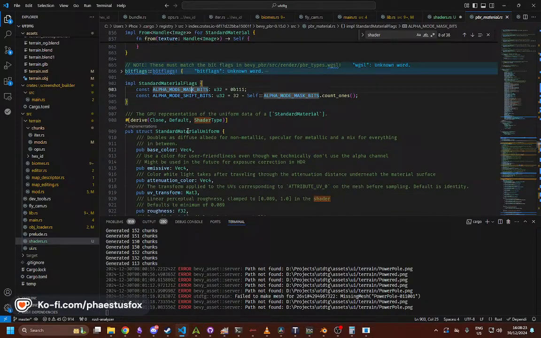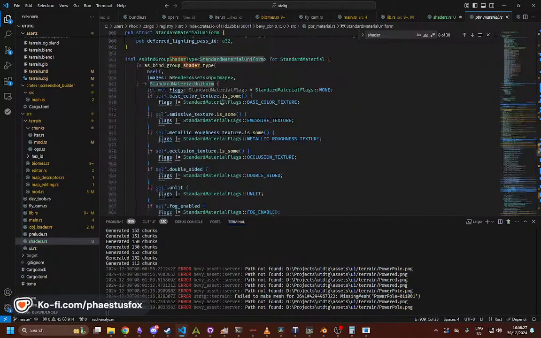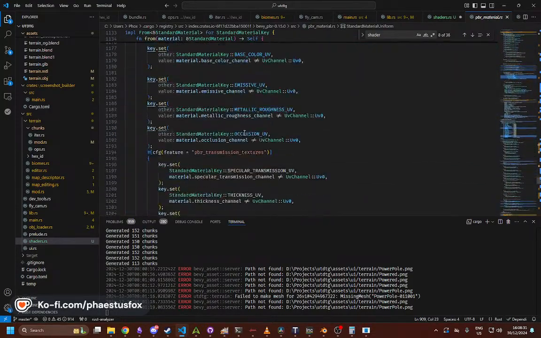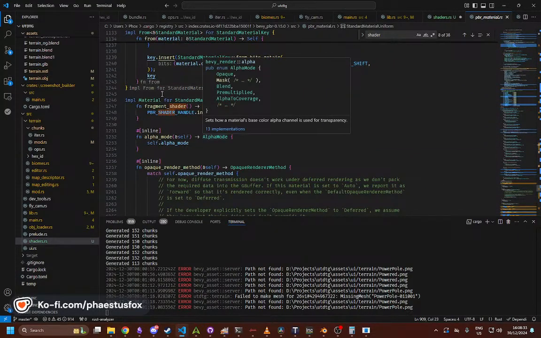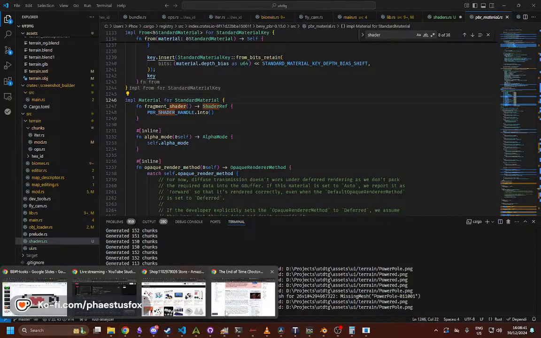I don't know how to tie into the pipeline. And this is where it gets really confusing. Okay, there, fragment shader. I'm going to have to do a bit of Googling here, because I need to track down